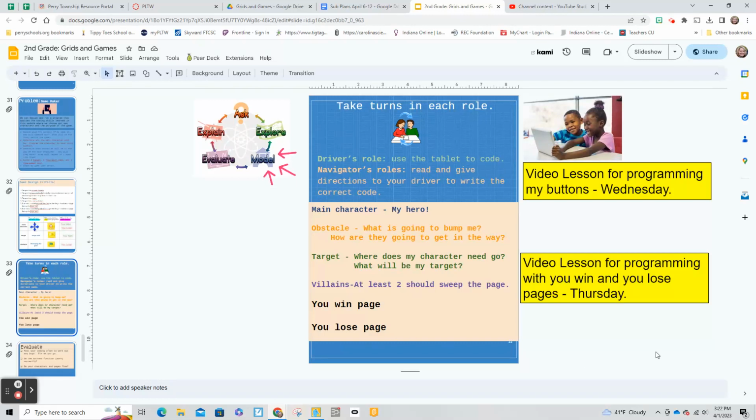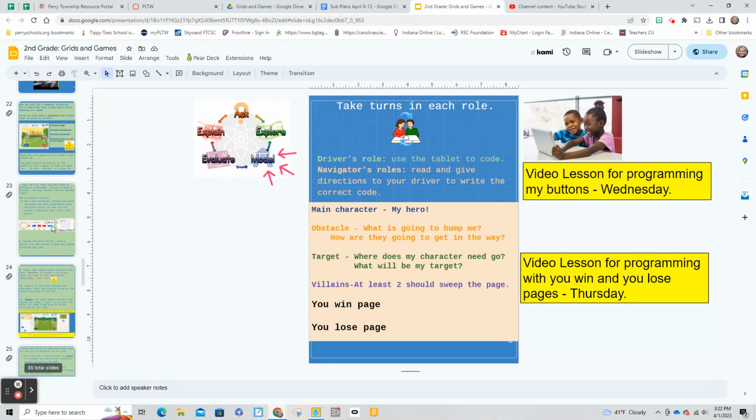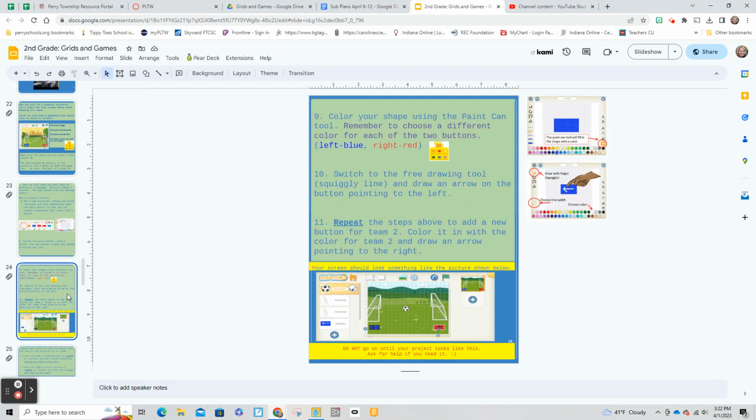Okay, today is Wednesday, and today we are going to work on programming our buttons to make our hero move through our game. If you remember, the last time we worked on programming buttons is when we made our soccer game. And on